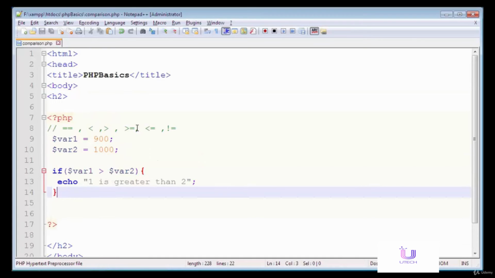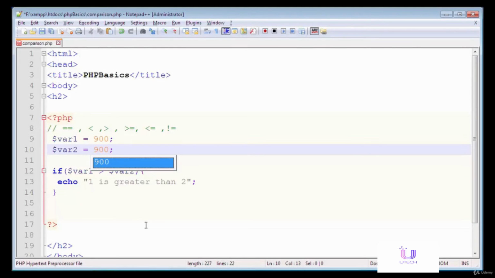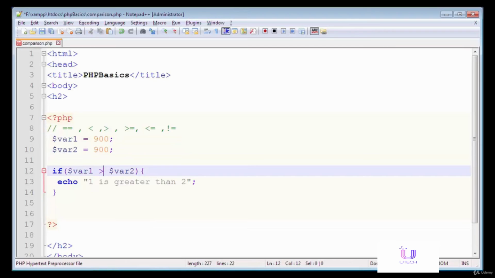Similarly we can use the greater than or equal to and less than or equal to operators. For example, if I write 900 here, the values of both variables are 900, and I write that if variable 1 is greater than or equal to variable 2, it will check whether variable 1 is greater than variable 2 or both of these variables are equal.